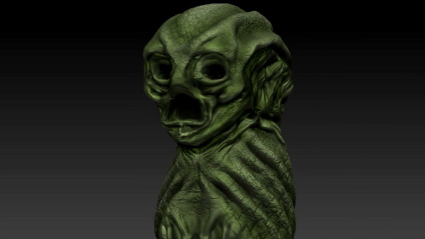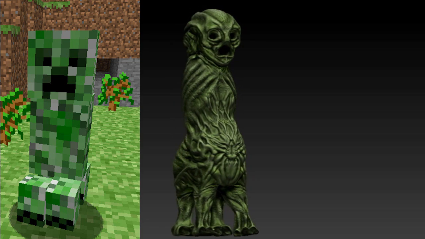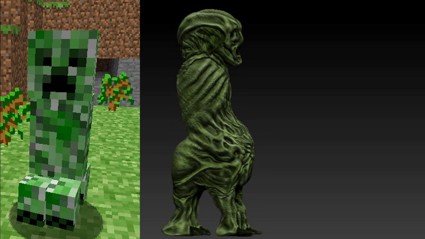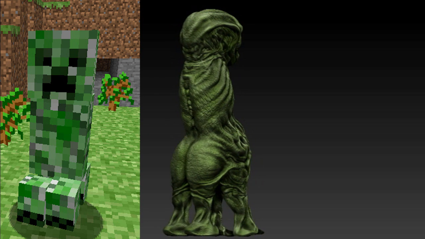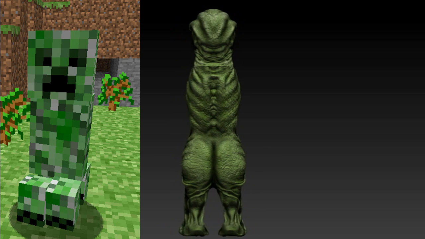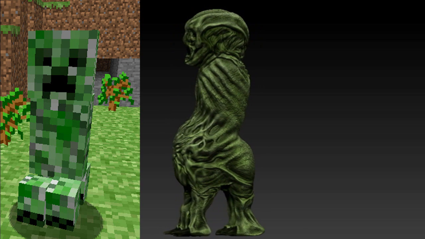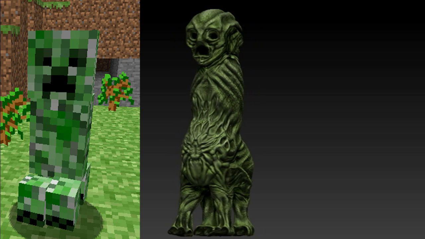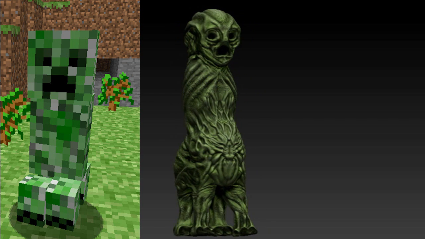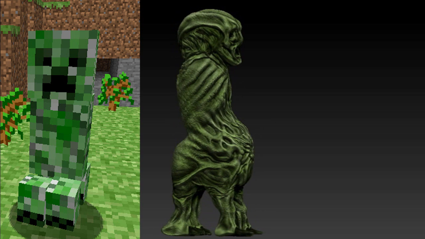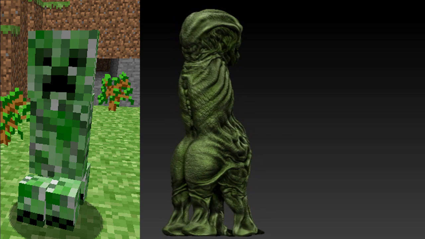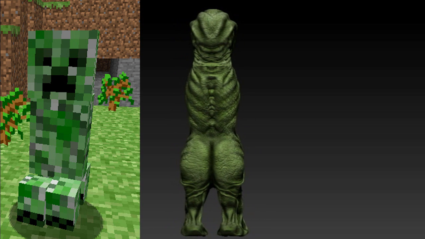Actually, I've seen numerous sculptures of the Minecraft creeper, not sculptures, I mean people who drew them, people who made them, similar to what I'm doing right now. And most of the creepers that they're making, they all look reptilian to me. Some of them even went out of their way to add fangs.